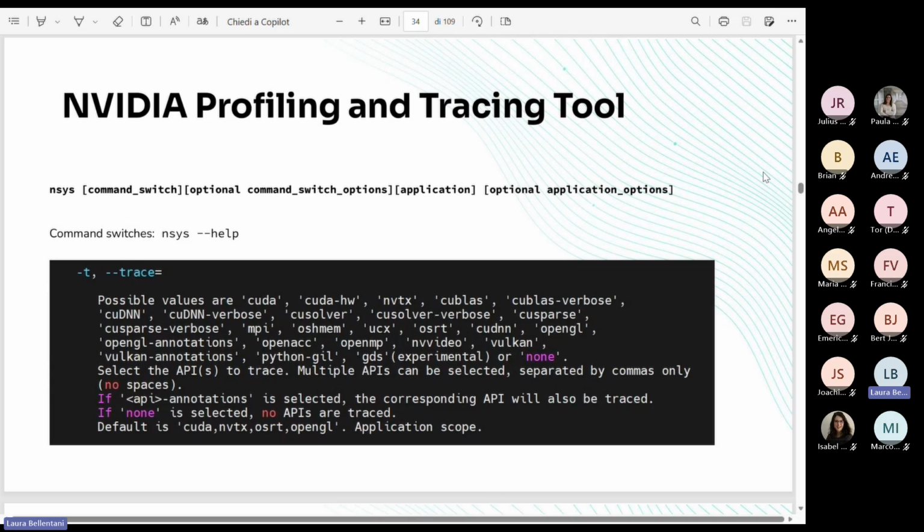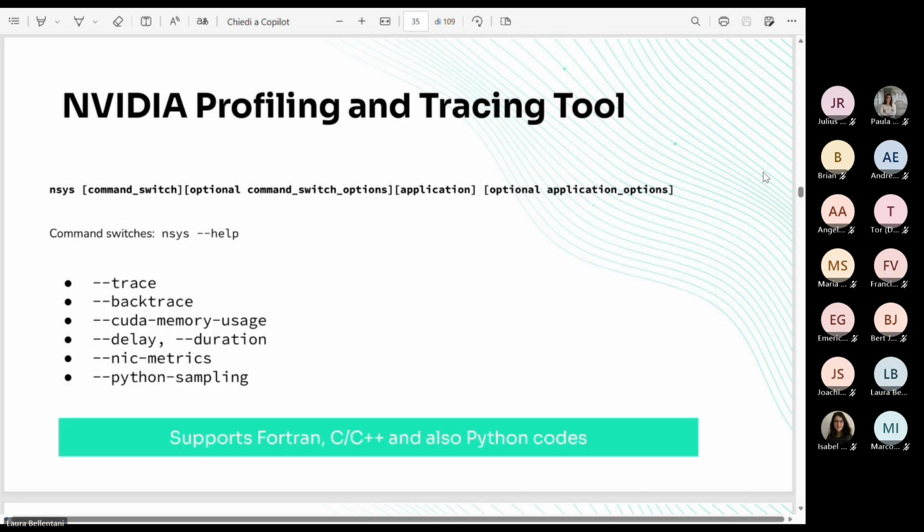Regarding the optional command switches, the most basic one is minus trace. With minus trace, you can specify that you want to instrument CUDA APIs, cuBLAS, NVTX, MPI, OpenACC, OpenMP, or many others. You can check from nsys profile minus help.